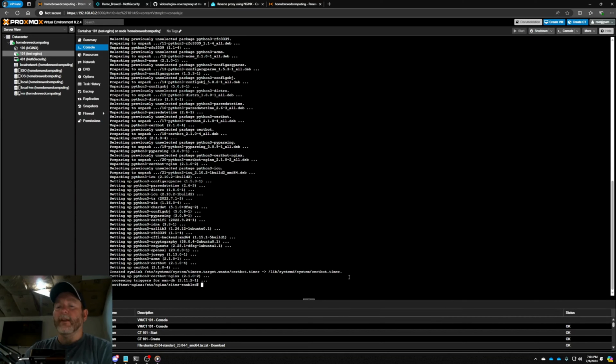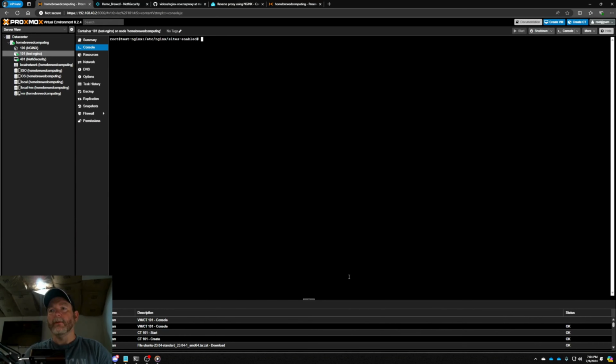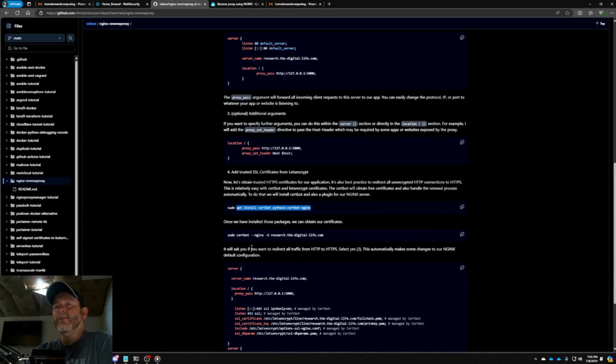All right, so we have that all done. Let's clear out our screen so we can see what's going on. And let's just cd back to the root folder. All right, the next step is we need to request a certificate from Let's Encrypt. And we do this by copying this command right here, certbot